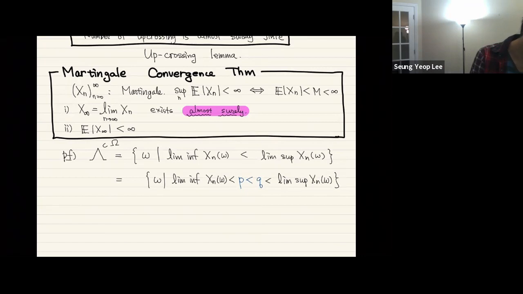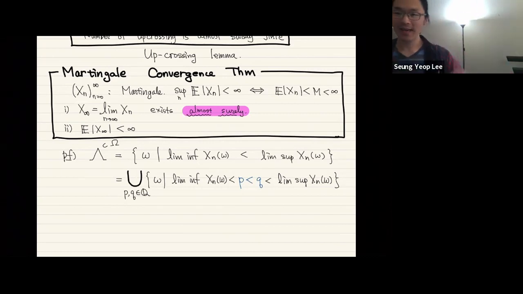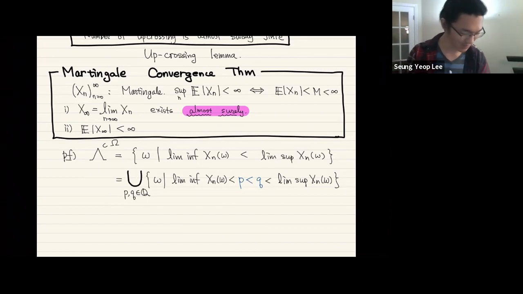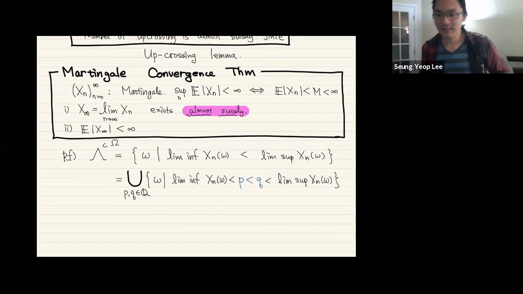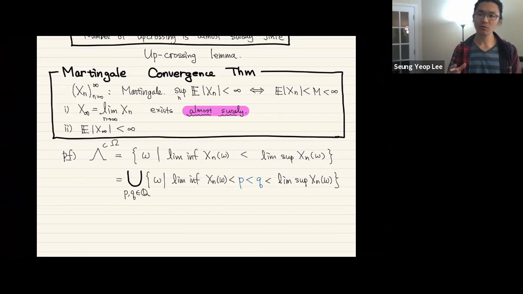So if I consider all the possible rational numbers P and Q, then that will be exactly the same set. So for any lim inf and lim sup, you can always find P and Q. And therefore, if you consider all the possible P and Q that satisfy this, then that's the same set. I'm taking the union, meaning that we consider all the possible P and Q. Does it make sense? And the reason I did it this way is because P and Q are rational numbers, so